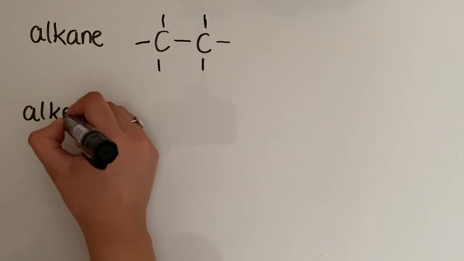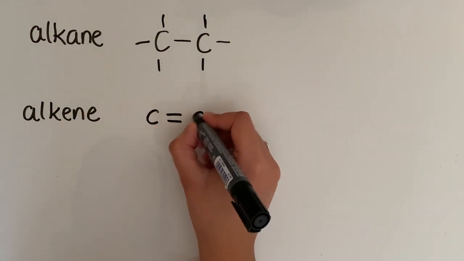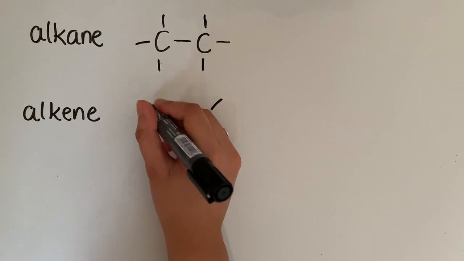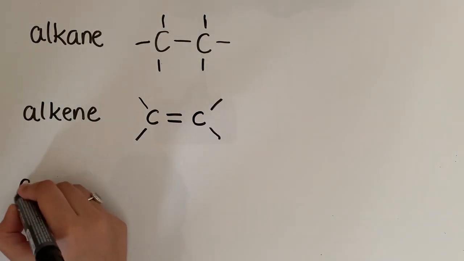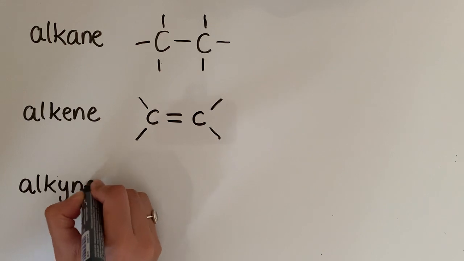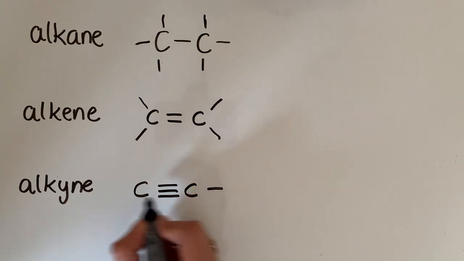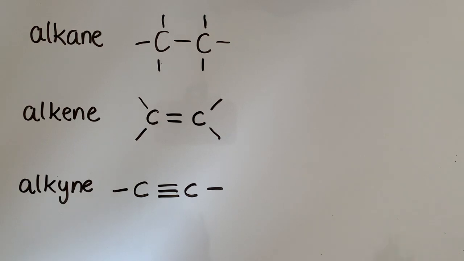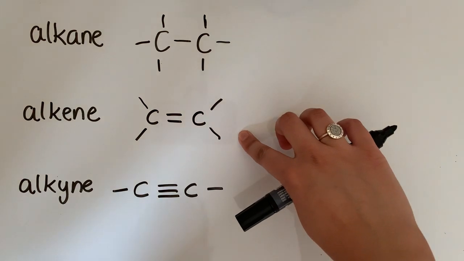The next one we're going to look at is an alkene. Now, an alkene is where we have at least one carbon double bonded to another carbon in a molecule. Okay, so where it has at least one double bond, that is classed as an alkene functional group. And we can also have triple bonds in chemistry, and that's called the alkyne functional group, like so. And just bearing in mind, I haven't obviously drawn in the other atoms, but in all of these my carbon has formed 4 bonds. So a single bond between carbons is an alkane, double bond is an alkene, and triple